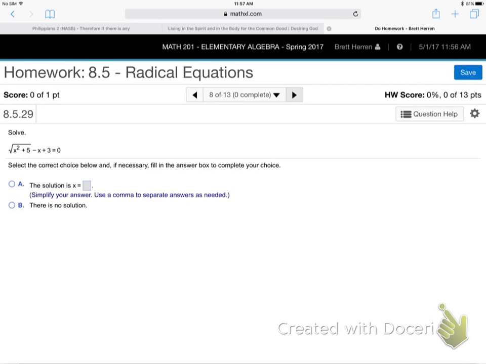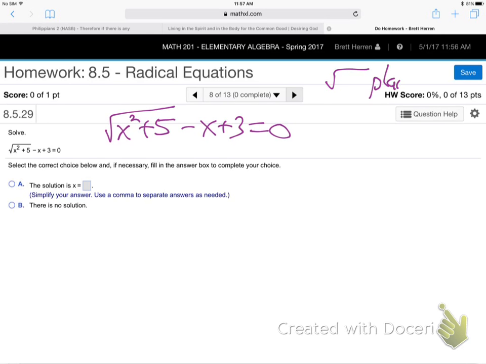Here we go. Square root of x squared plus 5, minus x plus 3. Remember the steps I gave you for square root, the square root plan? Step number 1 is root alone. Step 2 is the parenthesis 2 power, parenthesis 2 power. So the first step,